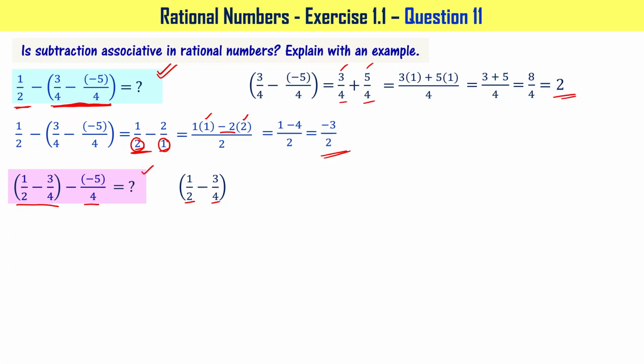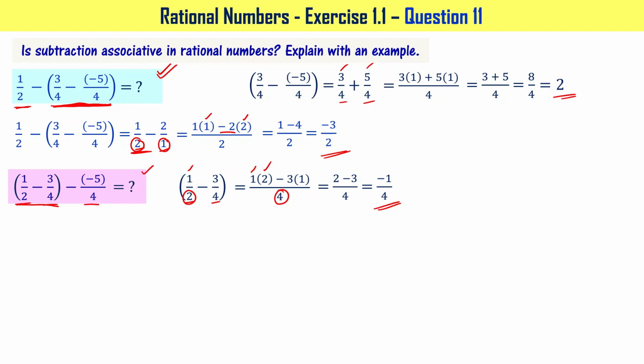1 by 2 minus 3 by 4. When you want to subtract, you see denominators are not the same. That's why we go with LCM. LCM of 2 and 4 is 4. So let's write 4 in the denominator so that it can be written as 1 times 4 divided by 2, that is 2, right? Minus 3 times 1, that is equal to minus 1 by 4. Now we have subtracted 3 by 4 from 1 by 2. When you do that, you got an answer as minus 1 by 4, right?